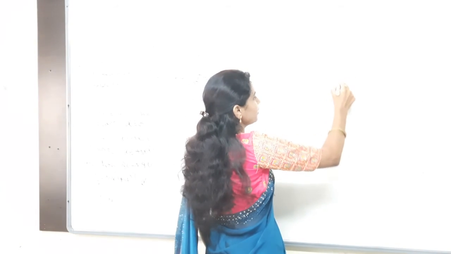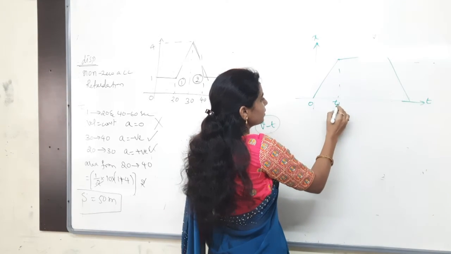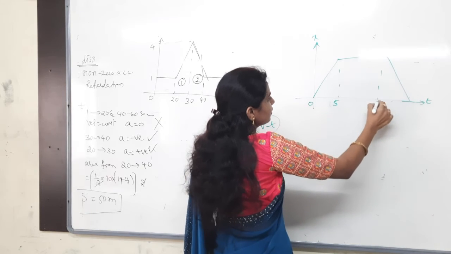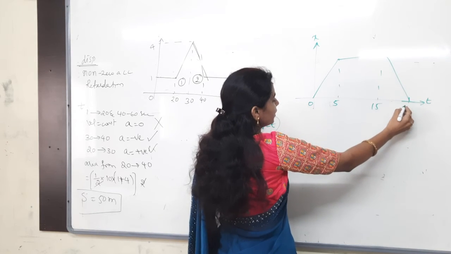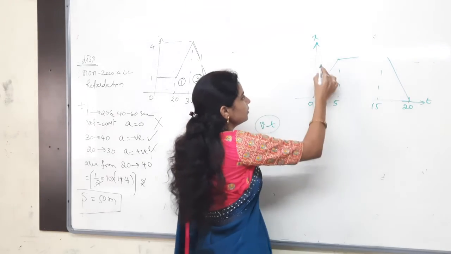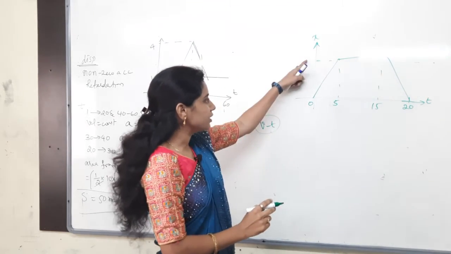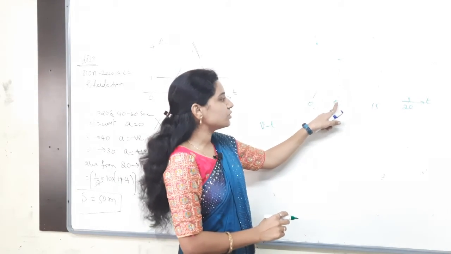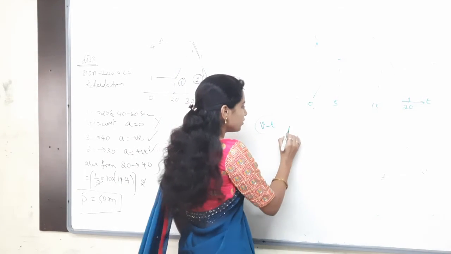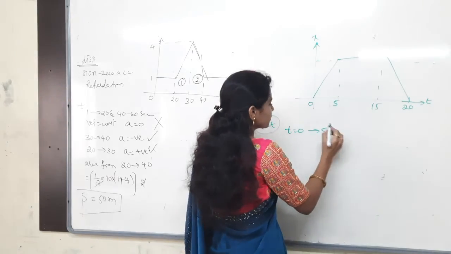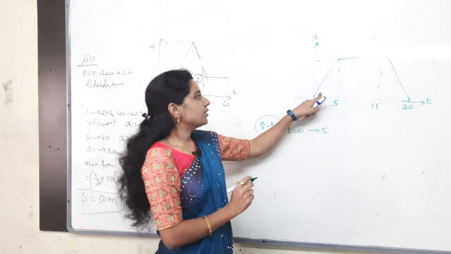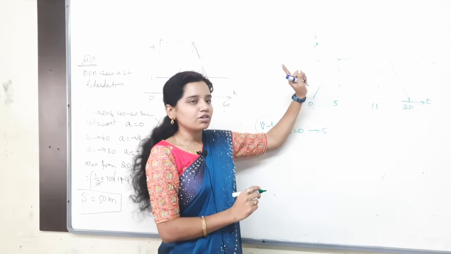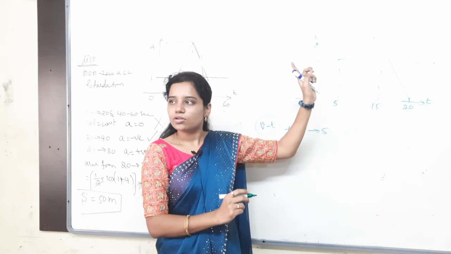From here to here, let me take from 0 to t1. What is the time they have given here? 5. And then here? 15. Then 20. So here, whatever the velocity might be, the displacement might be. In 0 to 5 seconds, what is happening? Tell me first of all. Distance is increasing. Displacement is increasing. Constant slope or non-constant slope? Constant slope.